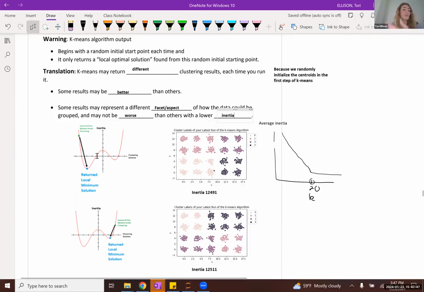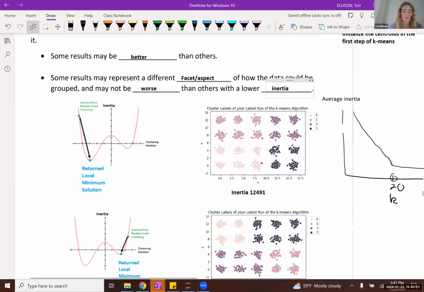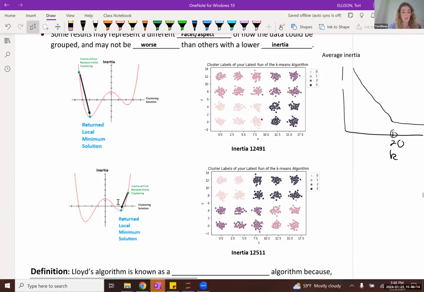And the reason we might end up getting different results is that you want to remember that the k-means clustering algorithm is not guaranteed to end at the absolute global minimum of the inertia function. It's only guaranteed to converge to a given local minimum. So based on where your initial centroids are, you may end up arriving at 2 different local minimums, essentially.